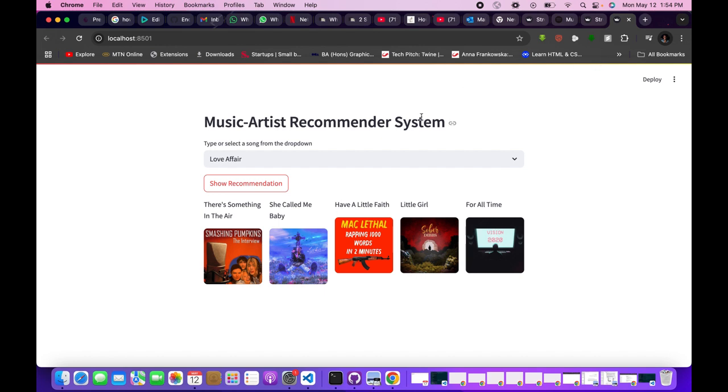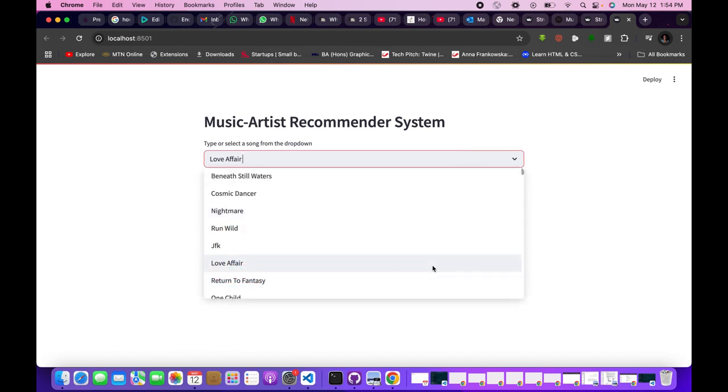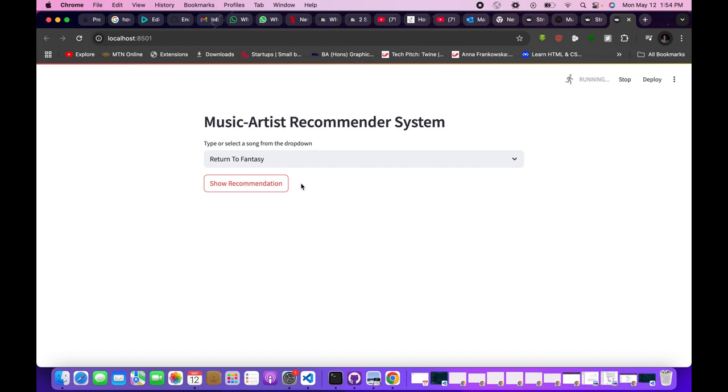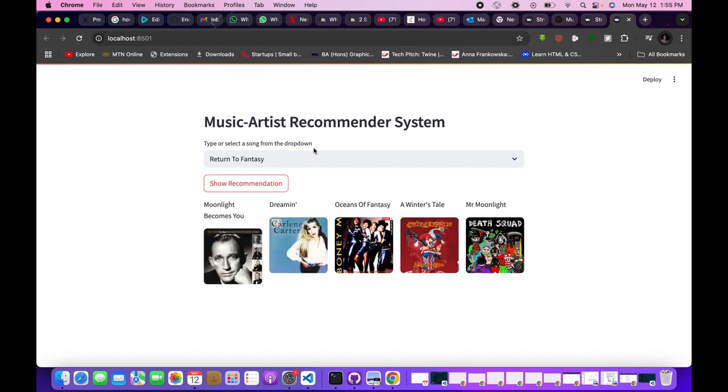And if I toggle to a different song entirely, like Return to Fantasy, and I click this show recommendation button, you see it's going to reloop and give me 5 other songs, which in this case are This Moonlight Becomes You, Dreaming, Oceans of Fantasy, Winter's Tale, and Mr. Moonlight. So this music recommender system is just going to be giving you the 5 closest songs from its